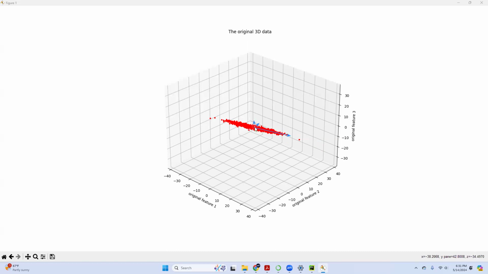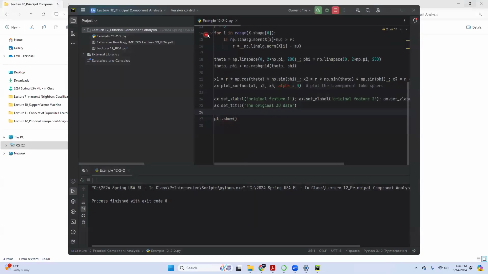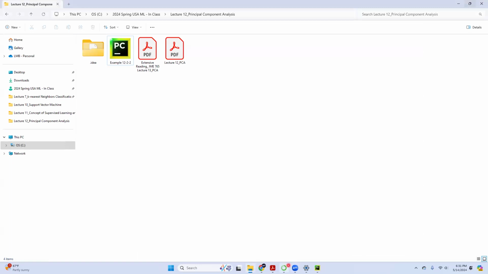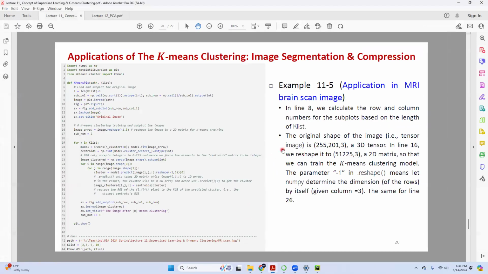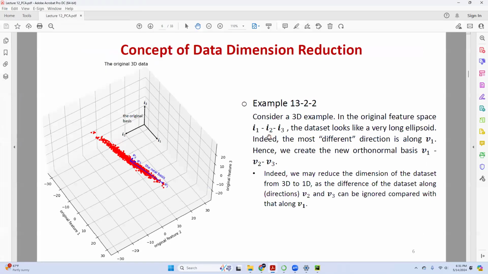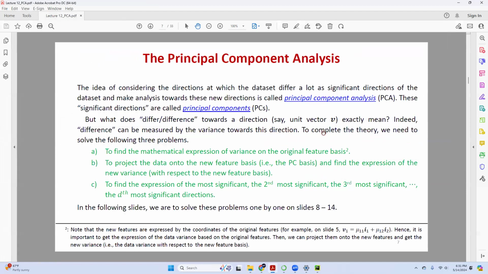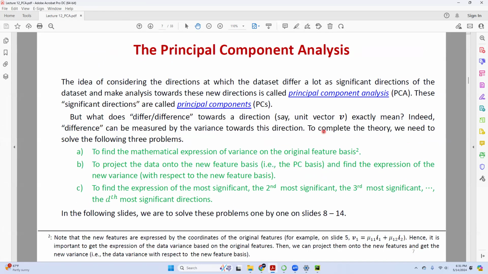Since the difference in these two directions is so small, maybe I can just use one direction to represent the whole data. Yeah, maybe. These are the basic concepts of dimension reduction.